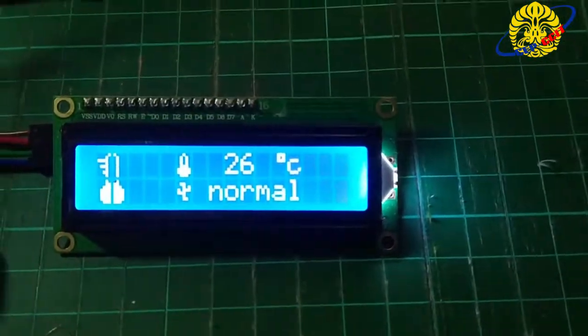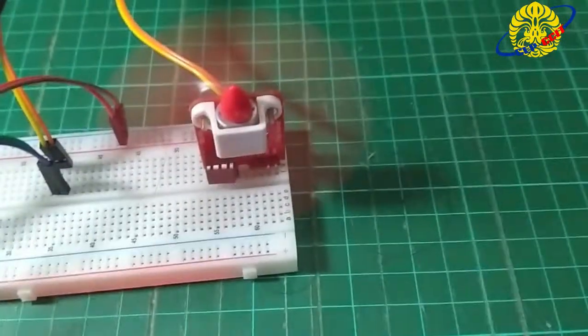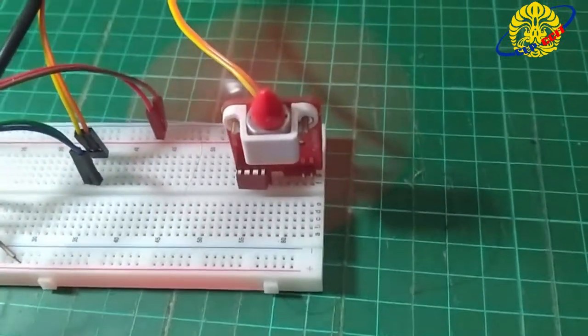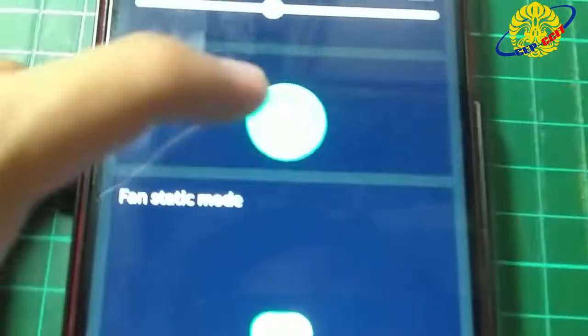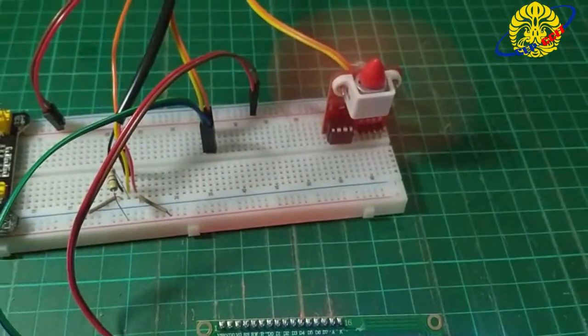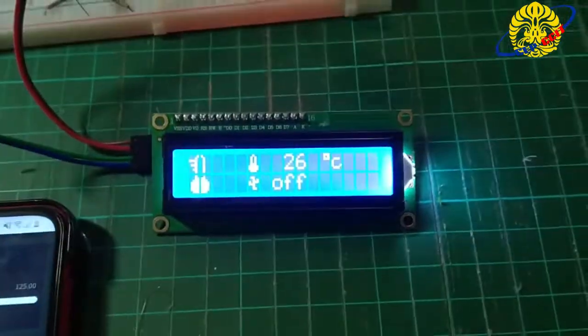And now the fan speed is normal, which is slightly faster than the low version. And if we want to toggle it off, just press toggle fan again, and it turns off.